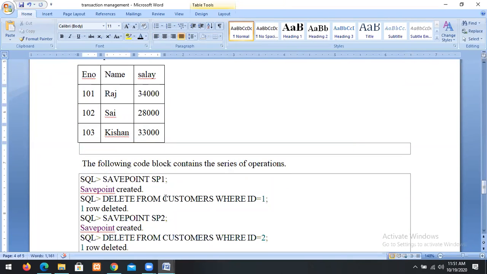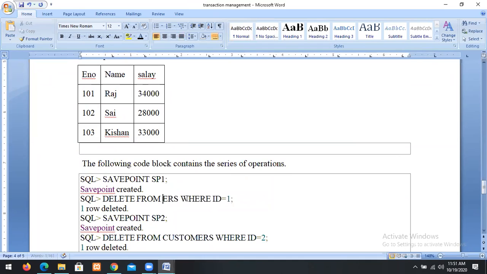Delete star from employee where employee number equal to 101. When I write like this, employee 1 record is deleted. Suppose save point 2. Again, a save point is created.